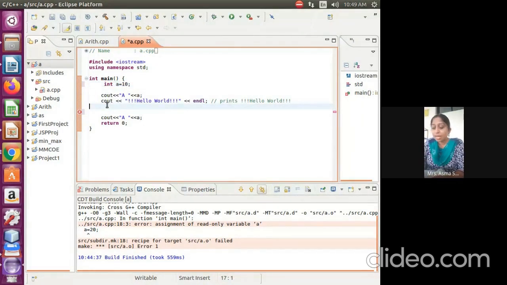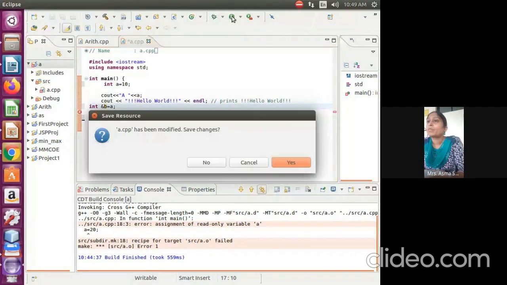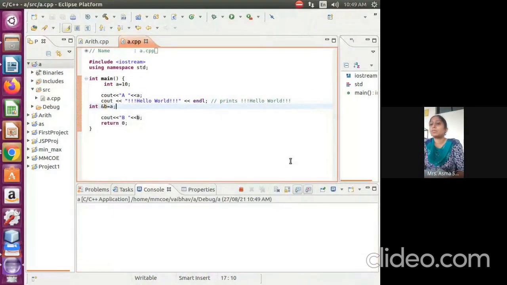Now I am assigning int &b equal to a. Now if I print the b value, students, you can observe the b value is the same as a's value. See, 10 and 10, how does it occur?